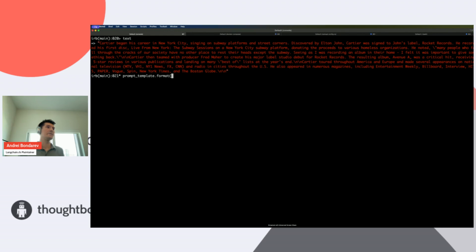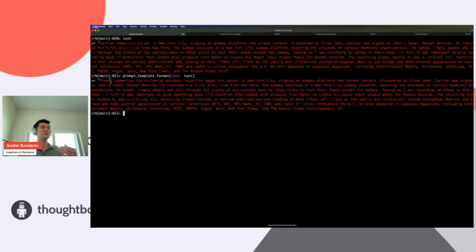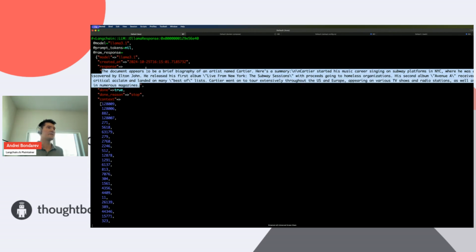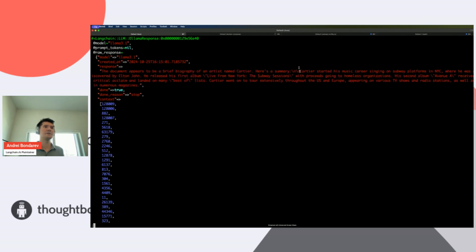we can now format it and pass our variable, and this will output the prompt, right? So "Please summarize the following document," and then we insert that text, and then the expected summary follows. So let's use an LLM. Let's invoke the Llama again. This runs completely local, so it never sends any info anywhere to the cloud, never leaves your computer. And we can use the complete endpoint and then send our formatted prompt template with our text and produce the response. So the document appears to be a brief biography of an artist named Cartier. Here's a summary,